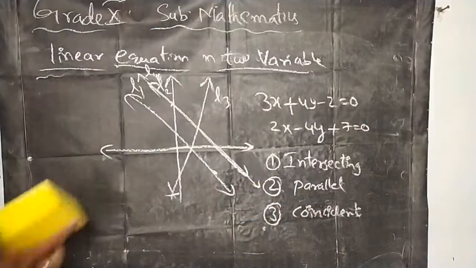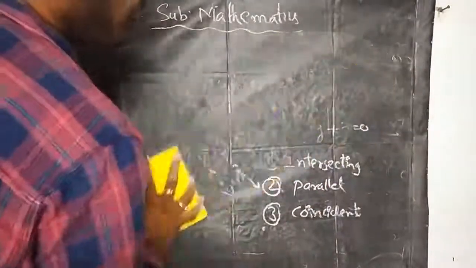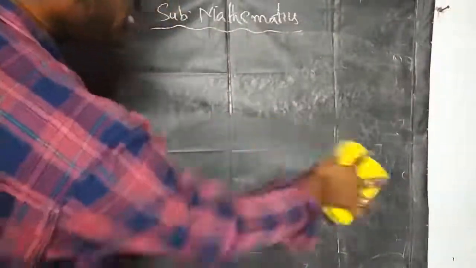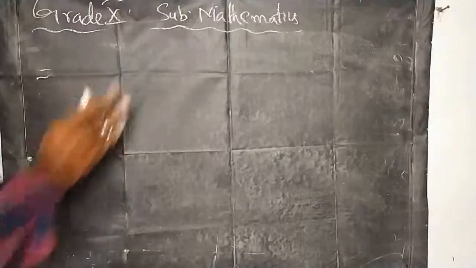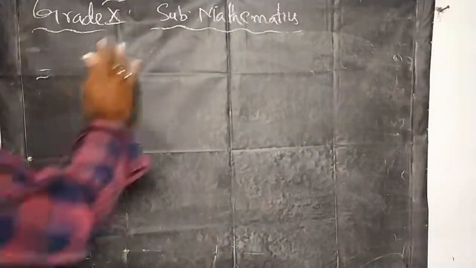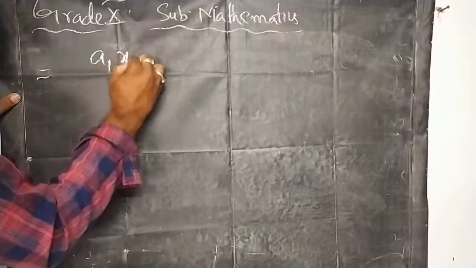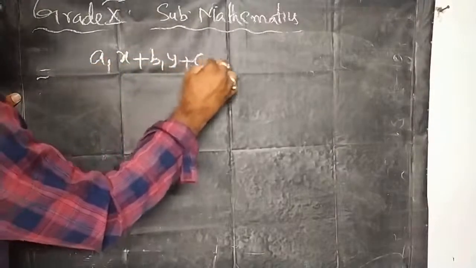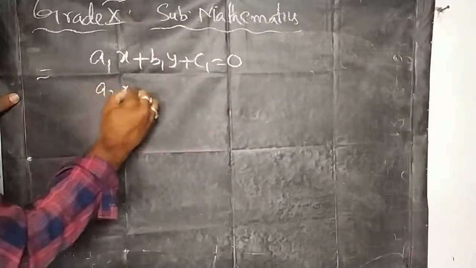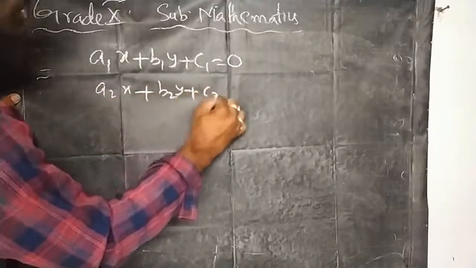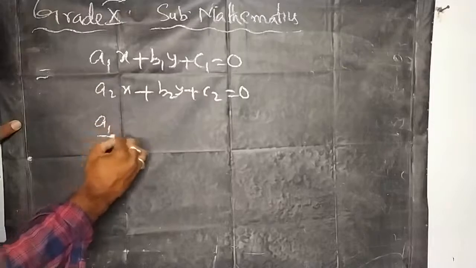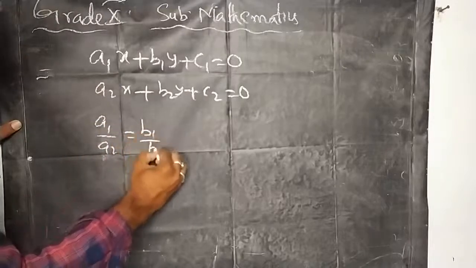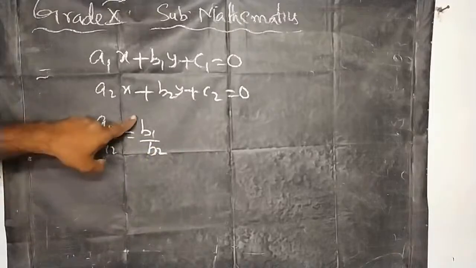Now let us see this by using the conditions. What conditions tell us that the lines are parallel or coincident? Okay, there are a few conditions. Let me mention the conditions first. See, I have said that standard linear equations are a1x plus b1y plus c1 is equal to 0, a2x plus b2y plus c2 is equal to 0. So in this, a1 by a2 is equal to b1 by b2. If a1 by a2 is equal to b1 by b2,